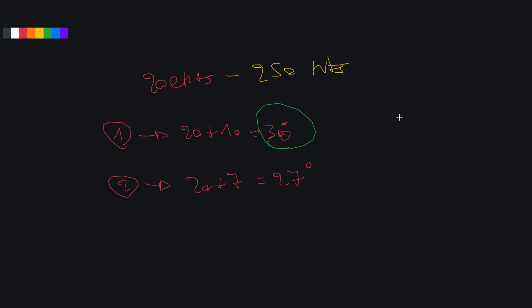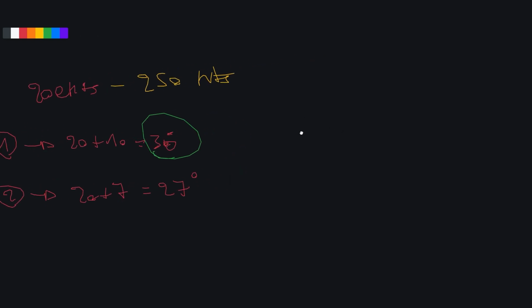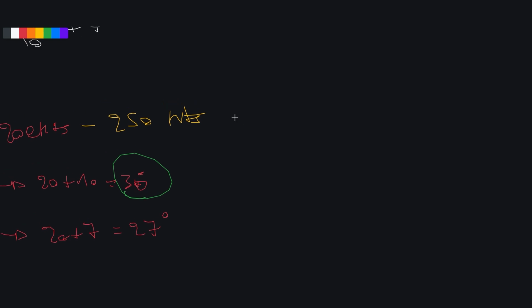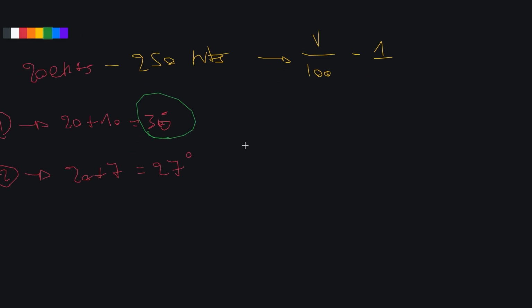Well, the formula in that case would be to use that. So you take your ground speed, you divide it by 100, and then you subtract 1 from it. For example, if you are flying at, let's say, 220 knots,